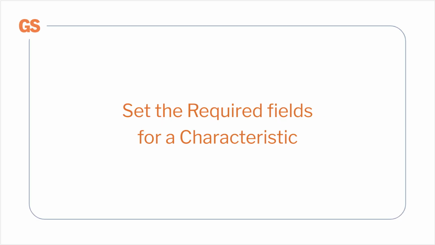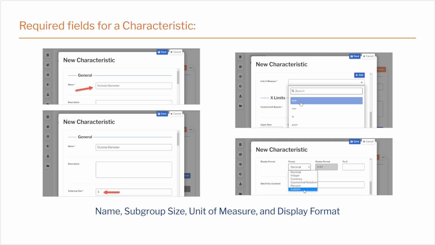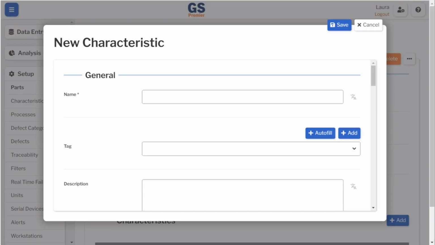Set the required fields for a characteristic. The required fields for a characteristic are name, subgroup size, unit of measure, and display format. First, enter the name of the characteristic. This is one dimension or property that you are measuring on this part. For this example, the characteristic I am measuring on this part is the outside diameter, so that's what I'll enter